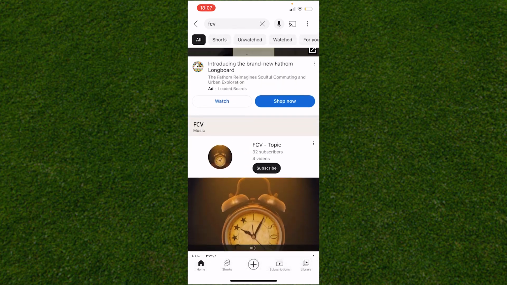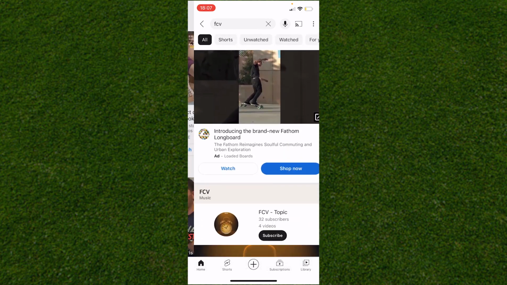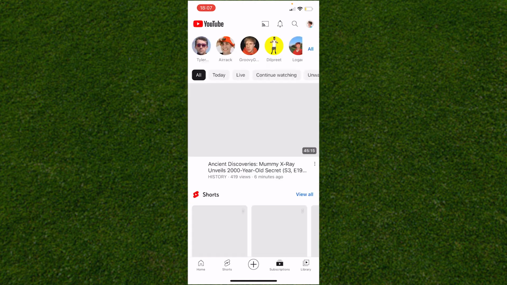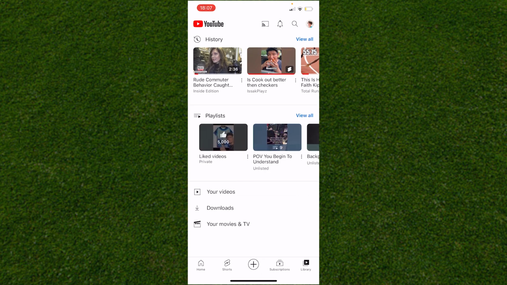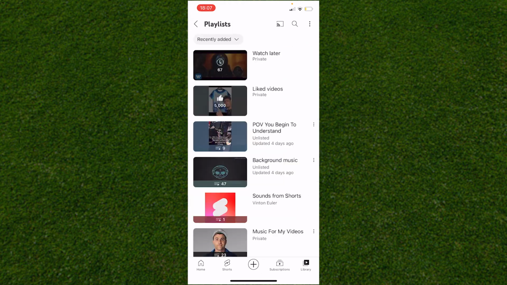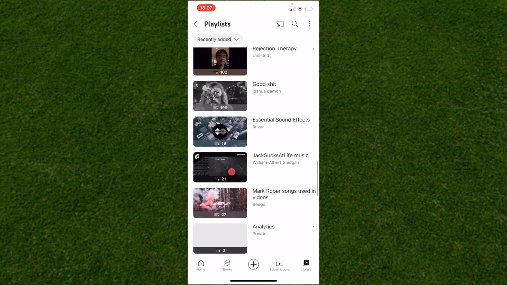option. But how we actually view this list without clicking on that see list button is, instead, we want to head over to our library in the bottom right hand corner. And as you can see, when we go back to this panel right here, we can see these playlists feature right here. We click on the view all option, and these are all the playlists that I have on my